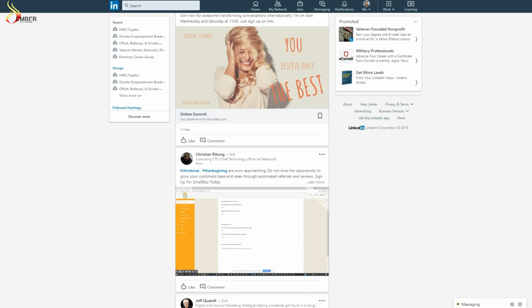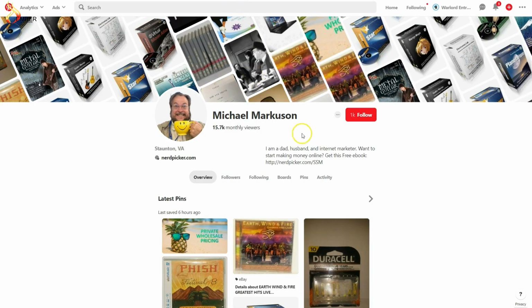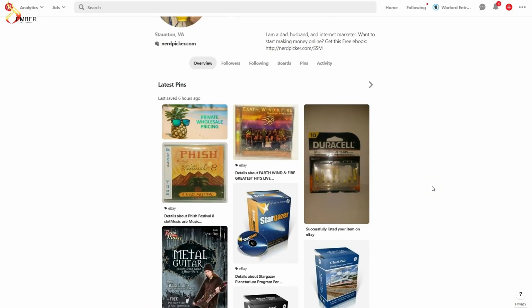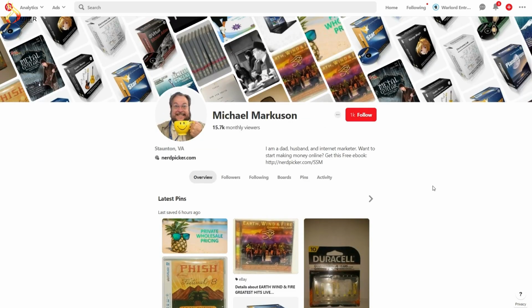The next one we're going to take a look at and do a brief overview of is Pinterest. Now, the Pinterest overview is going to be pretty short because it's pretty straightforward. Pinterest is all about images, bookmarking, or rather pinning images, okay? So if you're going for organic, I should mention, Pinterest also has some paid advertising, and you should check out those options, and we can cover those elsewhere. However, this is all about organic marketing, and Pinterest is all about visuals.